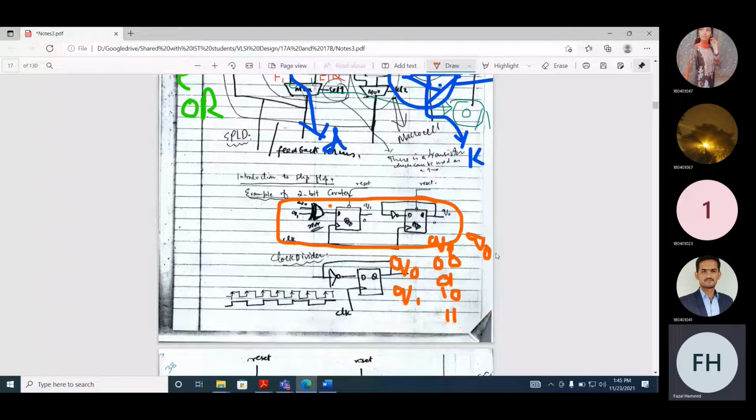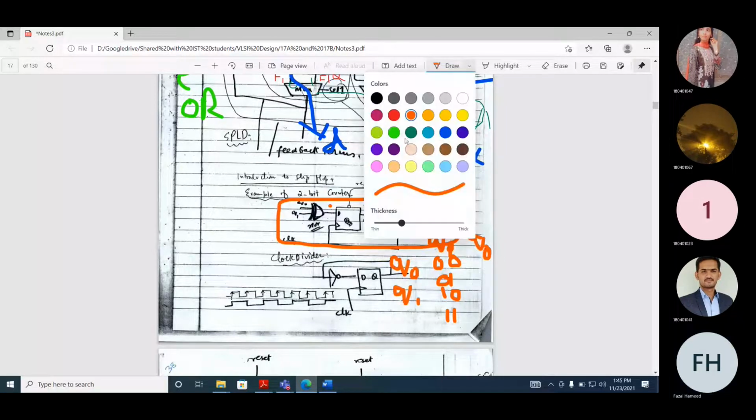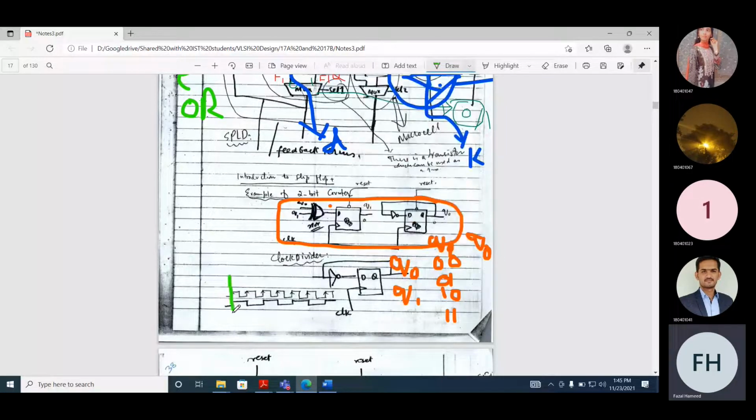If you look at this counter, Q0 is flipping its state on each next edge of the clock, and this is actually the function of a clock divider. Let's assume this is the clock, and this is Q0.